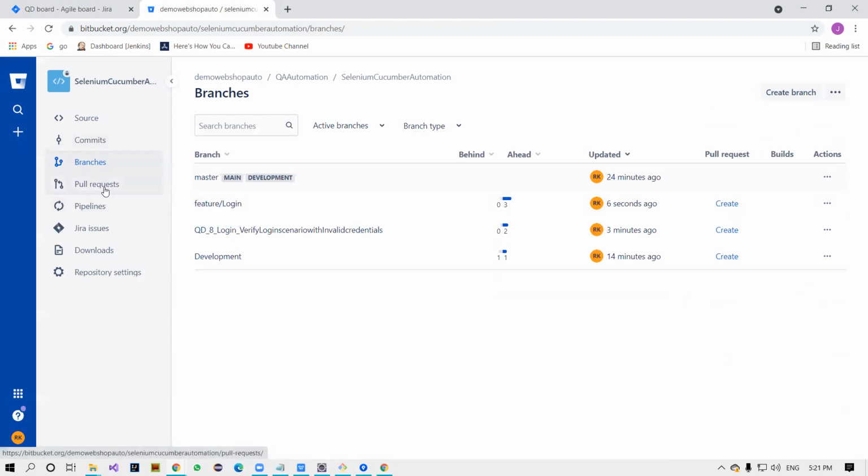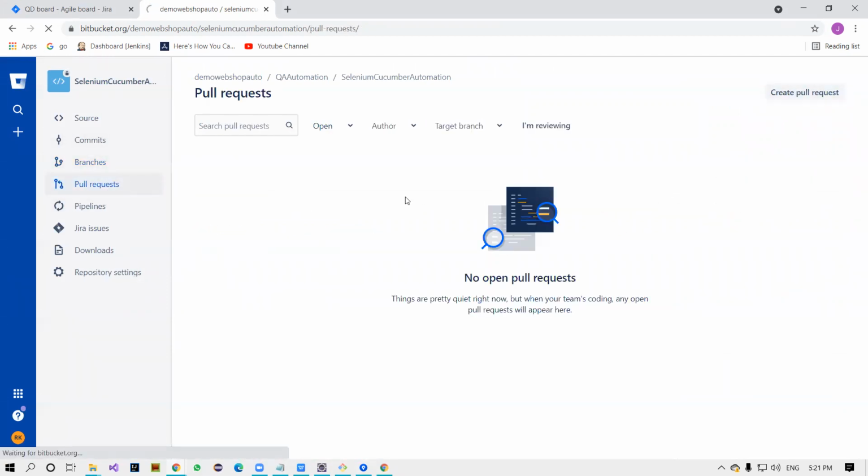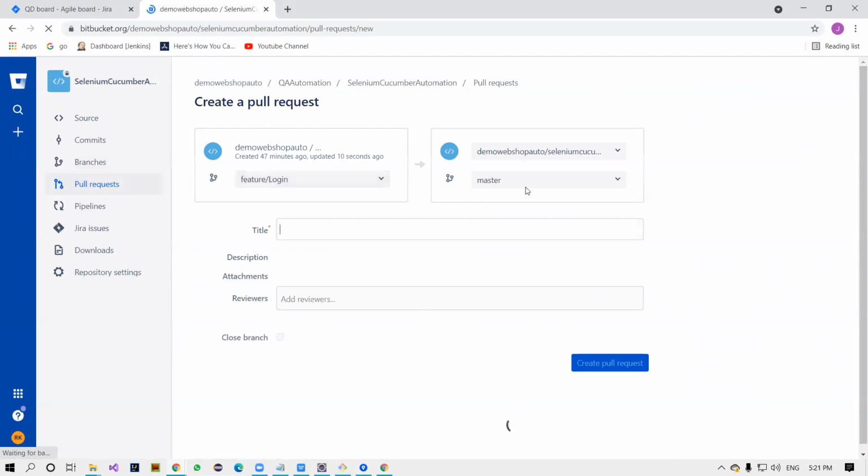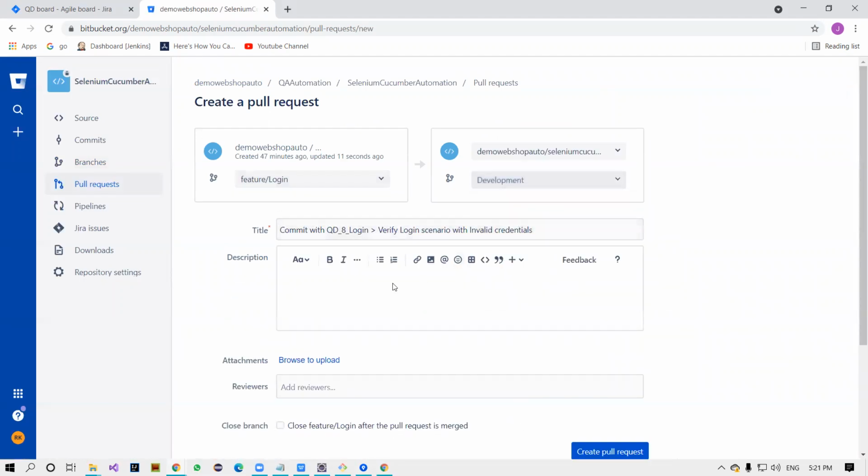Now you have to raise another pull request, creating a pull request from this branch directly to the development branch. Here is the comment: adding new script to development branch. Then create a pull request.